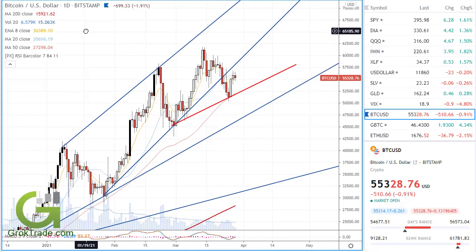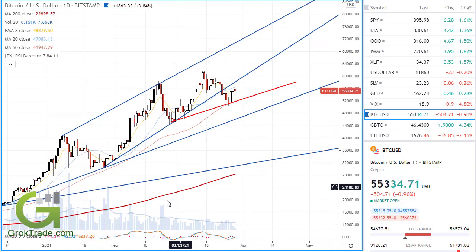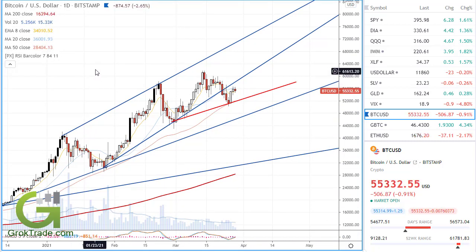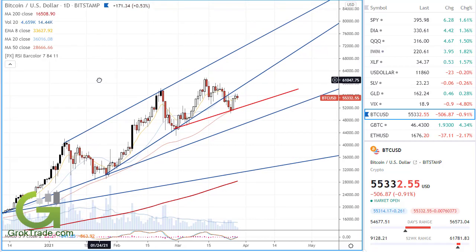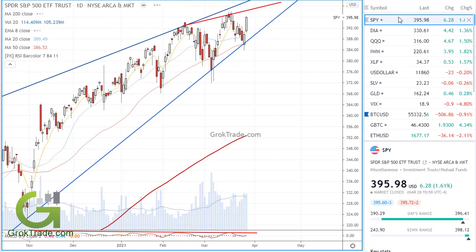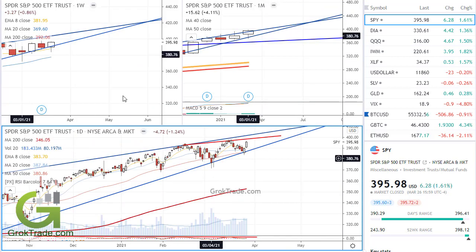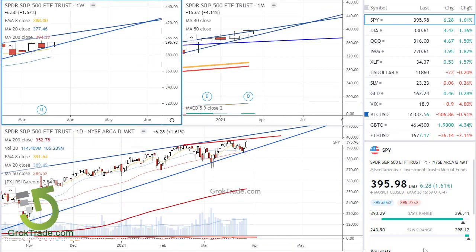That'd be good for me because I'm looking for another place to buy more Bitcoin. So if this were to break down, I'd really like to get down around 30,000 before I could get back in. I don't know if I'll be that lucky to be able to buy more of this. Let me quickly go over here to the weekly chart,